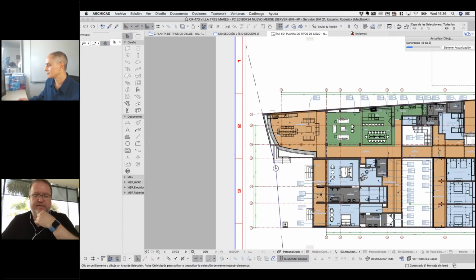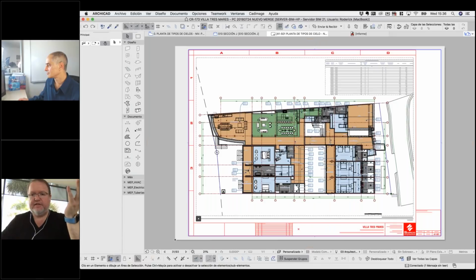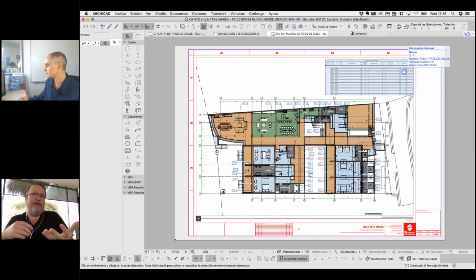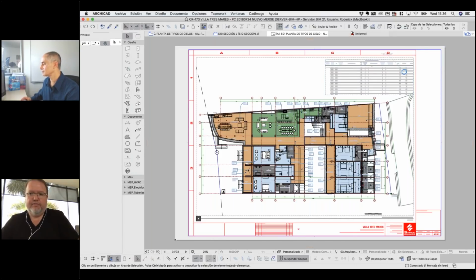Number one is that during the design process, as I'm modeling the project, we're tweaking stuff and changing the design, and maybe I'll make a decision: no, I want this ceiling to be flat, or I want this ceiling to be sloped, depending on the design itself. By having it done with roofs, I can just put a 0 slope to a roof and have it be a flat ceiling. So it allows me to play with the slope of the ceiling without having to erase it and model it again. And the second, and maybe the most important